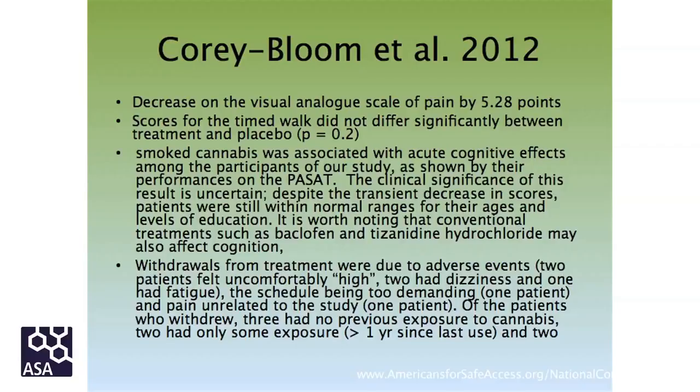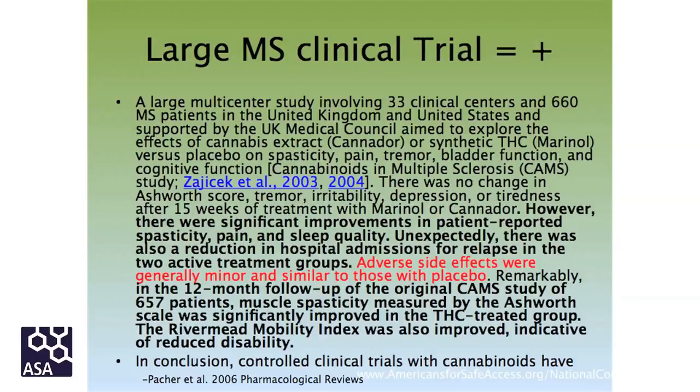Just to know that there are various cannabis extracts. This is one done with Canador, another cannabis extract, in large trials with 666 MS patients at 33 sites. You can do a 12-month study and show improvements in mobility, which means that patients have less disability in MS and fewer emergency room visits and hospitalizations. This is the kind of evidence that exists for this, which also equals marijuana, which it does according to the